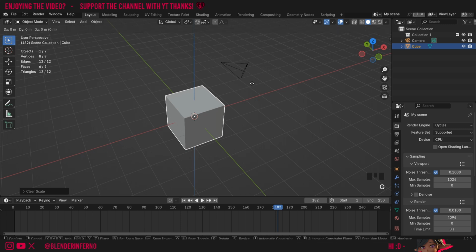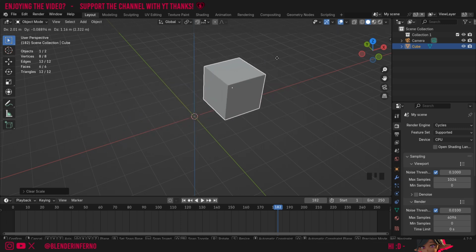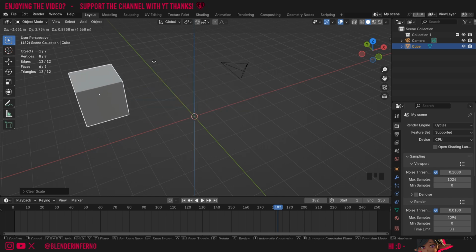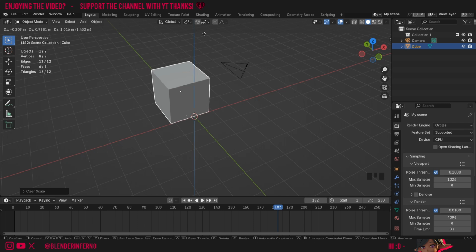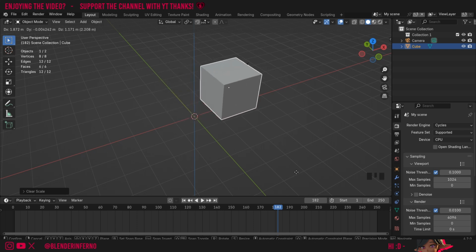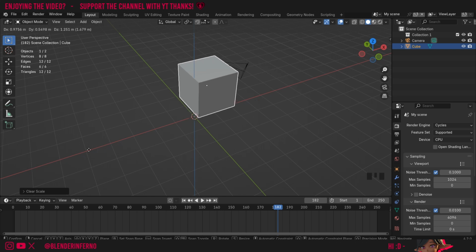So if I press the G key and move my object, right now you can see it's moving quite fast as I move my mouse. But if I want to do this slower, I can hold down Shift while doing this, and you'll notice that I have to drag my mouse a lot more to move my object. This may be annoying in some cases, but very handy in others. So it's useful to keep this option in mind for a little bit more flexibility while modeling or just moving